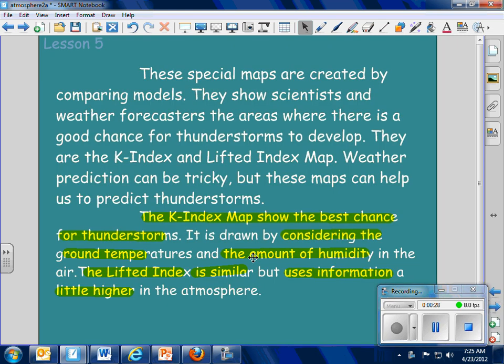Well, they combine those two, and what the K-index map does is it shows the best chance of thunderstorms. It looks at the temperature at the ground and the amount of humidity in the air. Remember, some of the requirements for thunderstorms are cold fronts coming through, cold air running into warm air, cold dry air running into warm moist air. Well, if you know the ground temperatures and the amount of humidity in the air, if there's a lot more humidity and the temperatures are different between the high temperatures and low temperatures, you're going to have a better chance